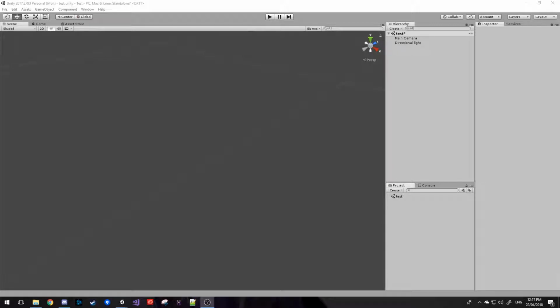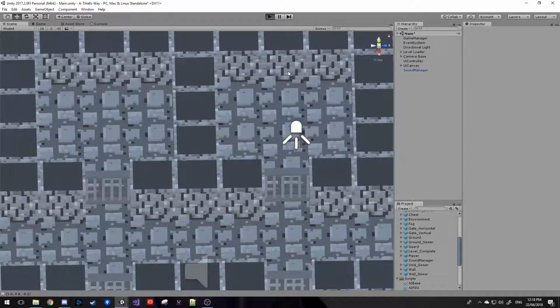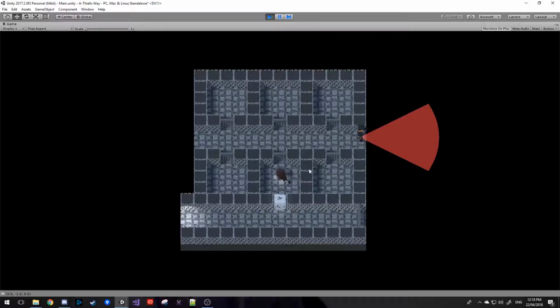This will be a tutorial on how I made the 3D particle effects for the game A Thief's Way. What I typically do is I think about how I want that particle system to look, or how I want it to work, so to say. So for this particle system, I really wanted to add in a trail behind the player